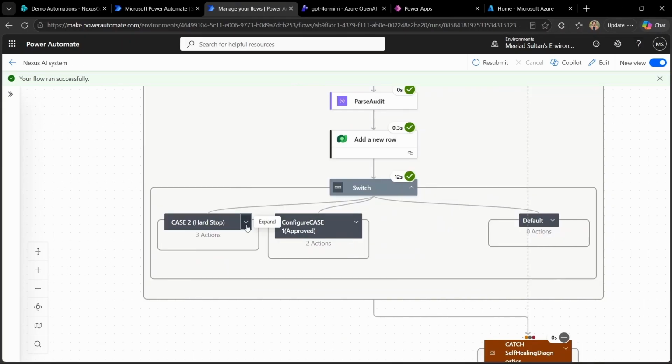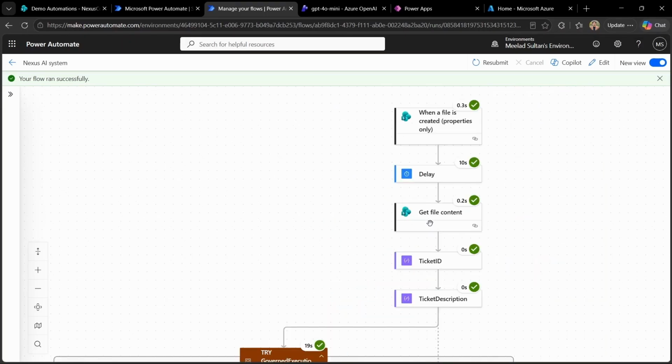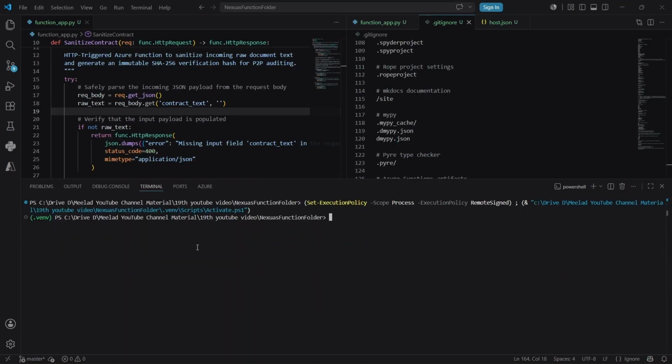Now we can proceed with the ALM lifecycle. So let's proceed to the VS Code. Then in the terminal, make sure you are in the right folder. So currently I'm in my project folder. So you have to track back yourself into your project folder, and then you need to check the Git version